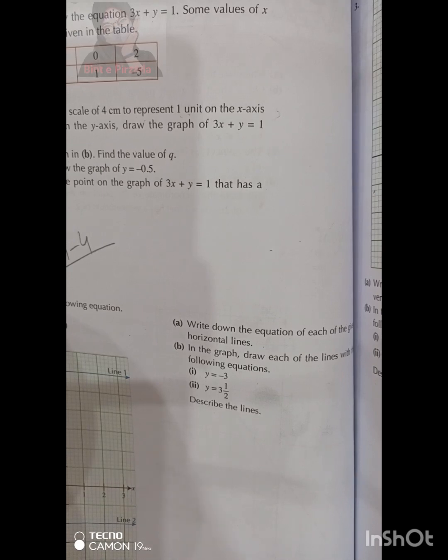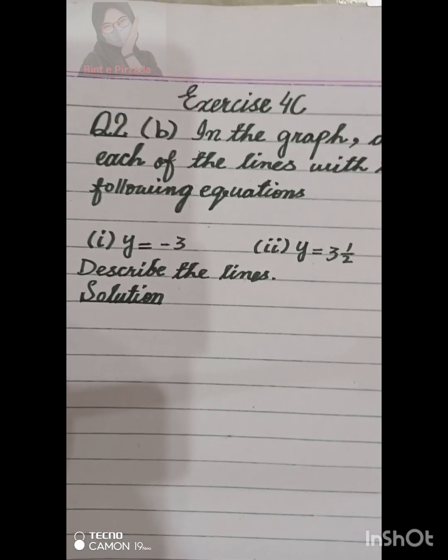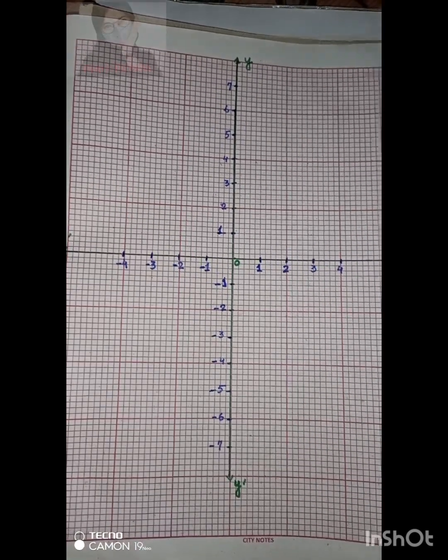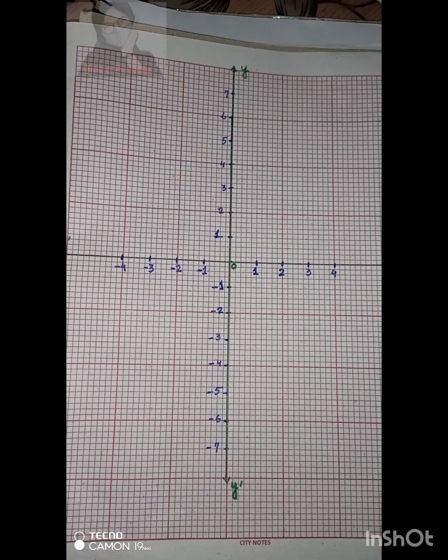Students, today we will do Exercise 4D, 4C, Question number 2, B part. In the graph, draw each of the following lines with the following equations. Number 1 part, y equals -3, and number 2 part, y equals 3 whole 1 by 2, and describe these lines. So here is the question. Take your graphs. First of all, take your graph paper and